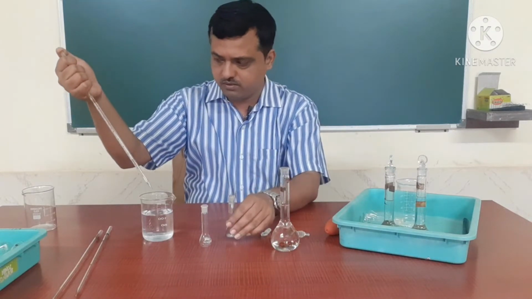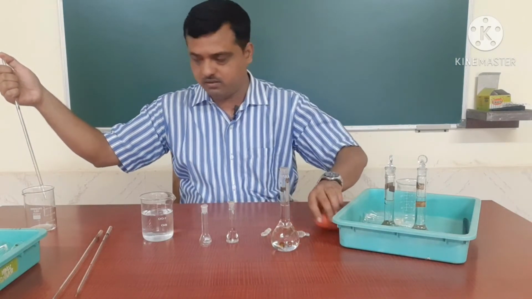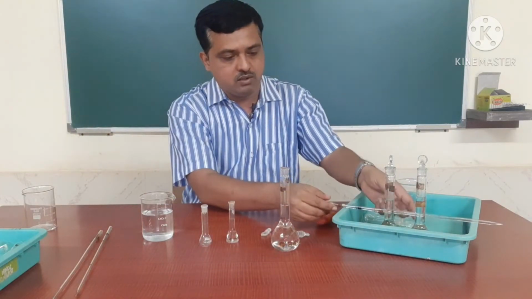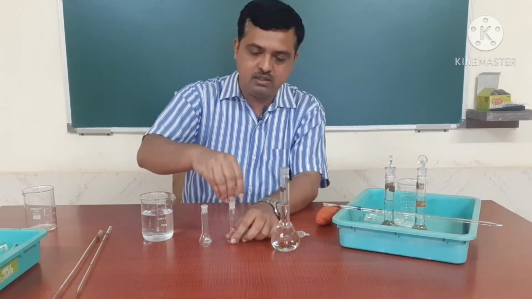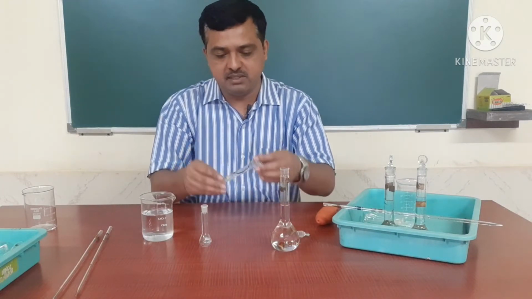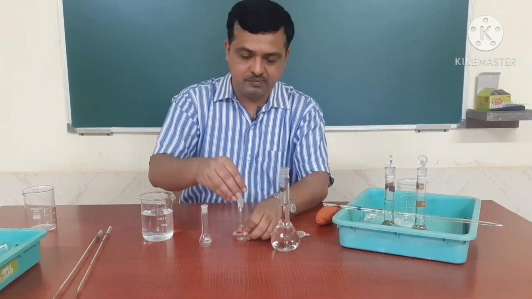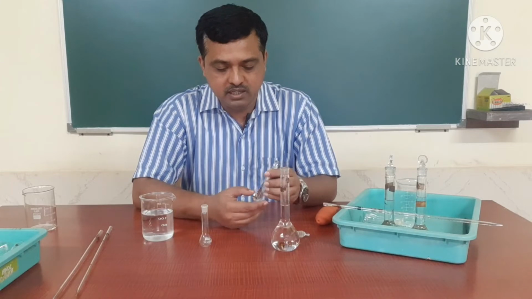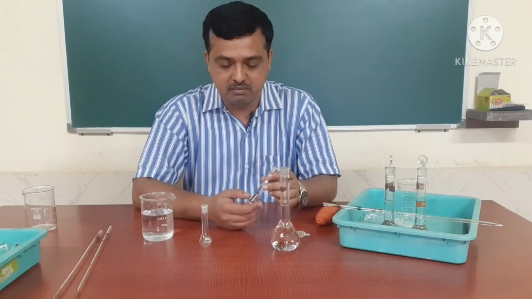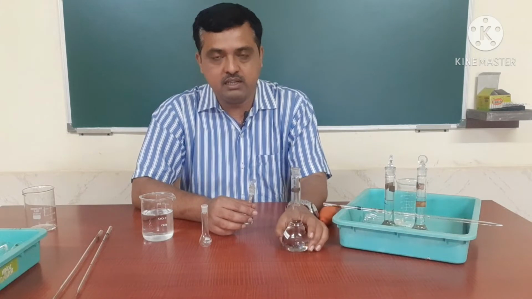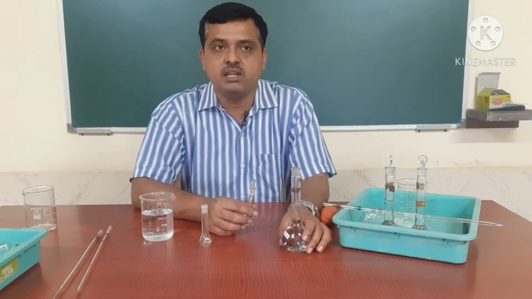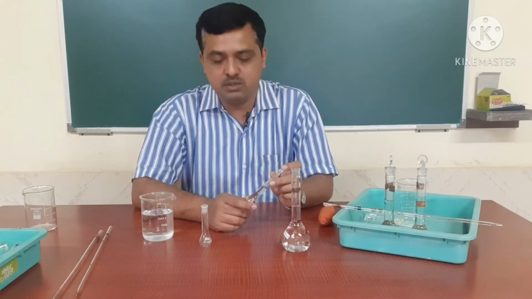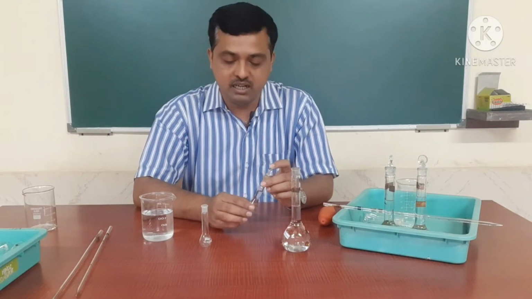So the first dilution is done. What we have done is taken 1 ml from the stock solution of sodium benzoate and diluted to 10 ml. So this is a 10 times dilution. We will mix this, and we can label it as standard sodium benzoate. Now its concentration is 100 microgram per ml, because the stock is 1 mg per ml, that means 1000 microgram in 1 ml, which we have taken and diluted to 10 ml. So a 10 times dilution of 1000 microgram will now become 100 microgram.